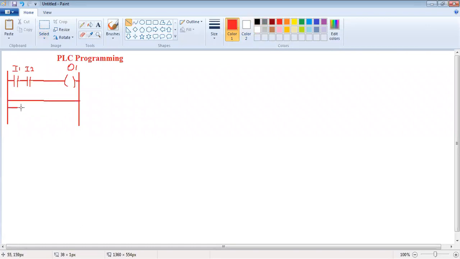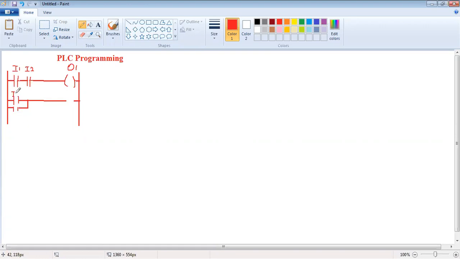So in OR logic, inputs are used in parallel. Input 1, input number 2.